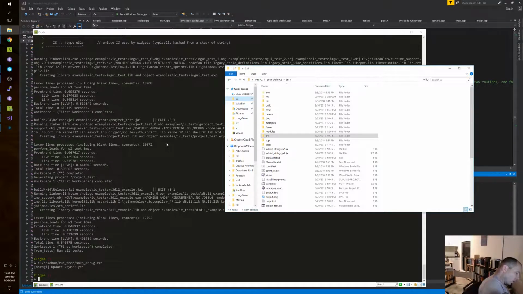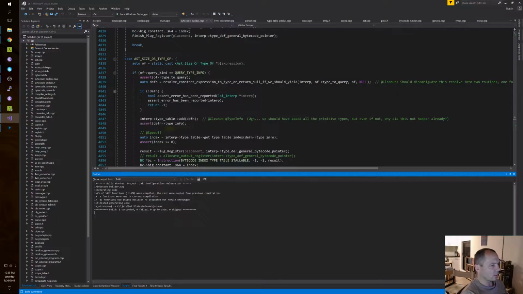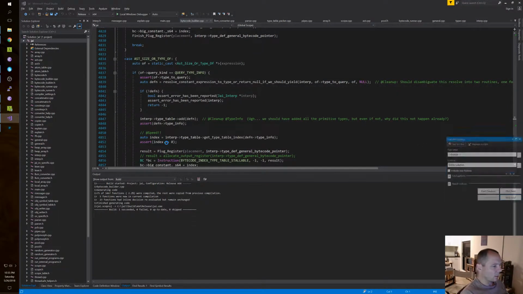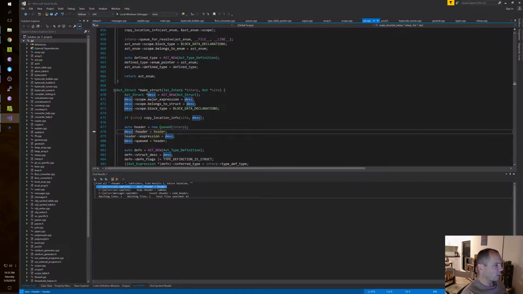Next, I did that lambda refactor yesterday, and that involved taking away the special queued things, but structs still have that, right? They have this thing called header, and it's the same as queued. So I'm just going to get rid of that.